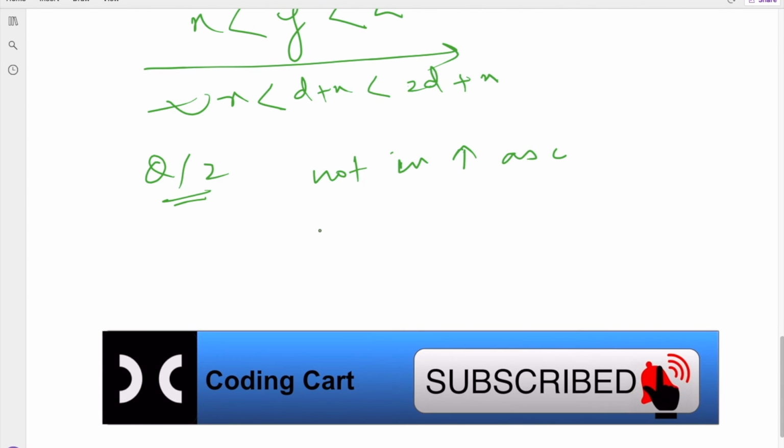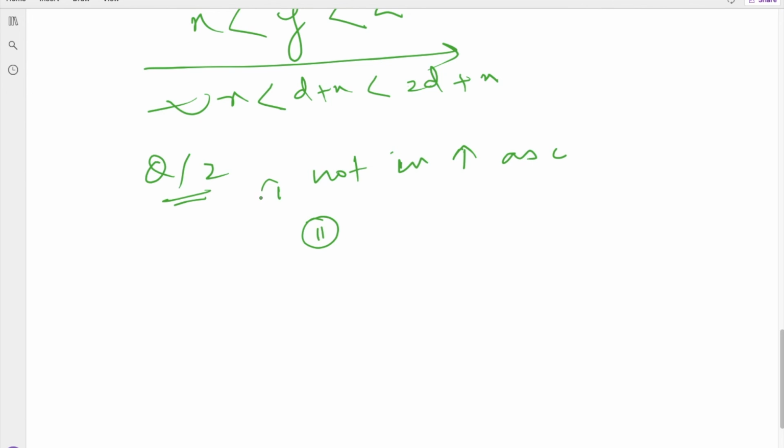And we have to fulfill the second criteria. This is the first criteria. If the elements are not in increasing ascending order, the indices should follow this criteria. So how to solve this problem? If the elements are not in ascending order and at the same time their indices should follow this sequence, then how to calculate the total number of beautiful triplets? So we will try to solve this problem in a second session.